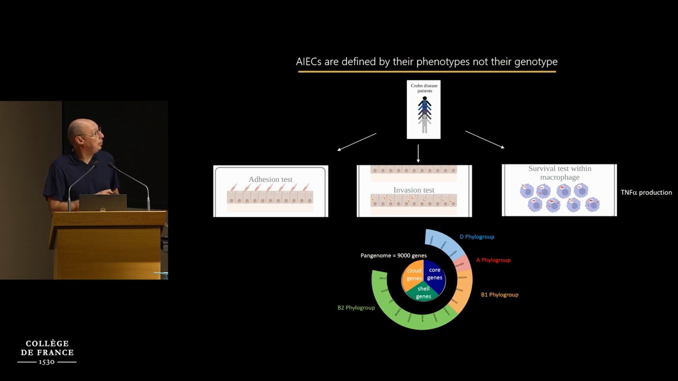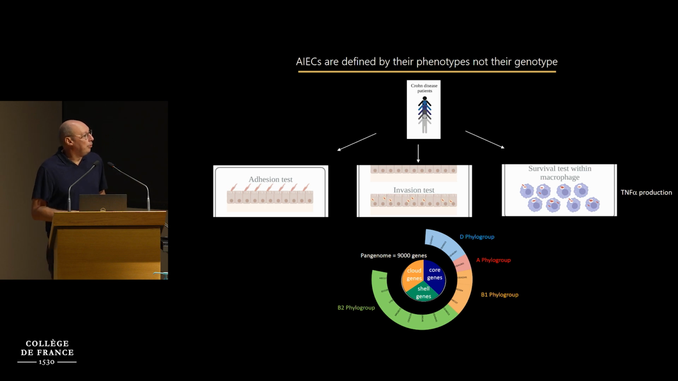They adhere much better than other E. coli to epithelial cells. They can invade them, and they survive and eventually multiply within macrophages. In this environment, they induce the production of tons of TNF-alpha, which is a hallmark of the disease. And among other things, this is why this step is interesting